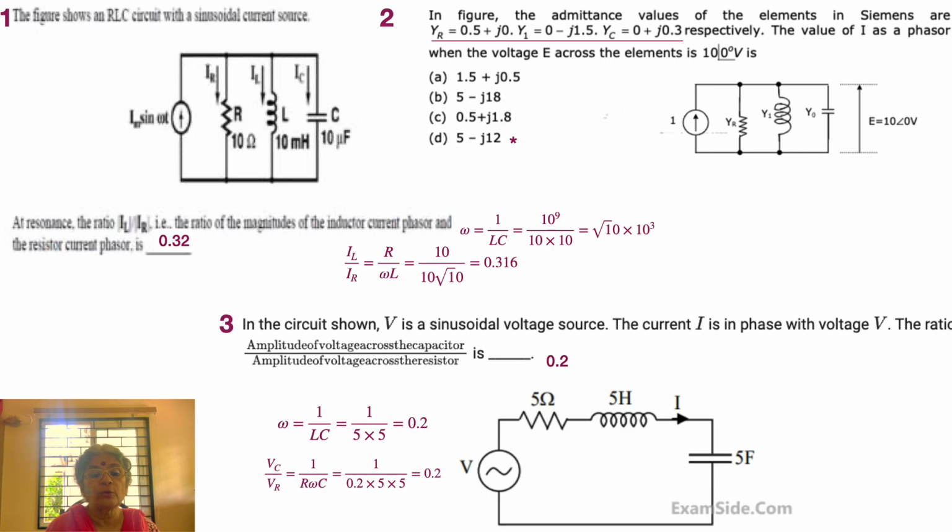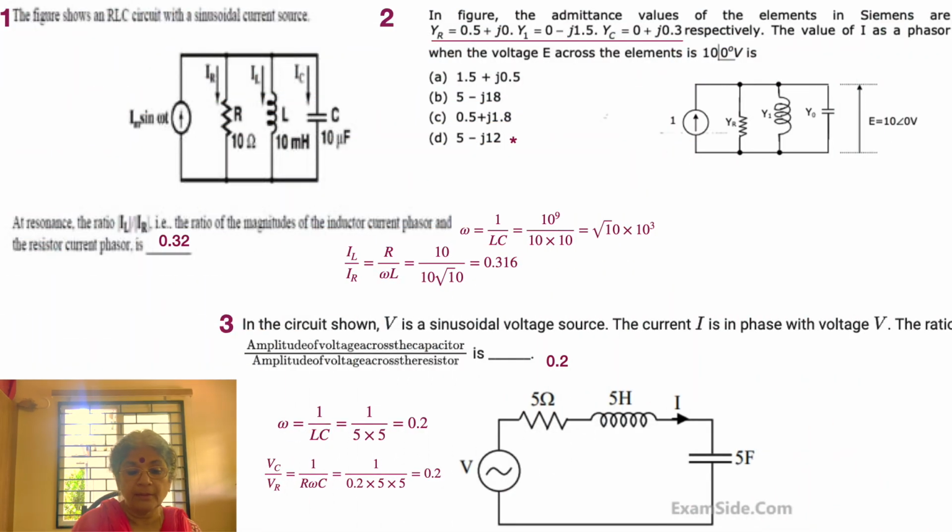Okay, I hope you have noticed that the current is now not having an angle 0. So there's no resonance here. If there had been a resonance, the voltage and current would have been in phase. Right now we are having a real portion as equal to 5 and an imaginary portion as equal to